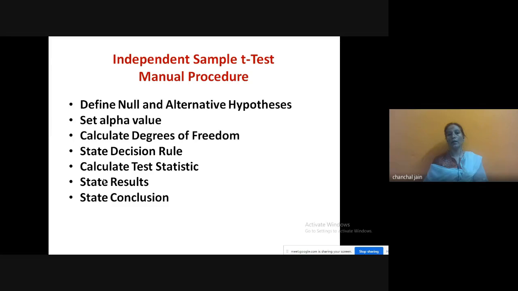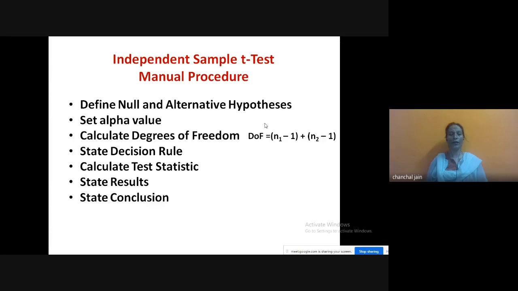when you are going to calculate the independent sample t-test manually, you have to follow certain steps. The first step is to define the null and the alternative hypothesis. Then you need to set the alpha value. Alpha is the level of significance, meaning at what percent you will check the results; you need to clearly mention whether you are stating your results at 5% or at 1%. Then you need to